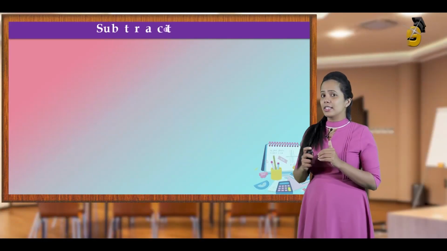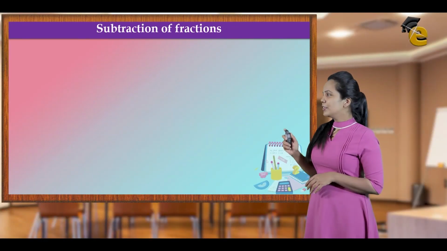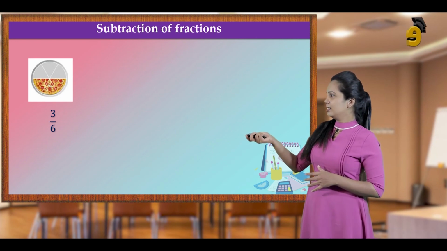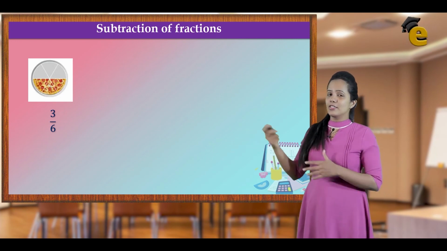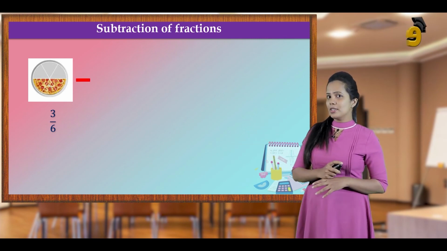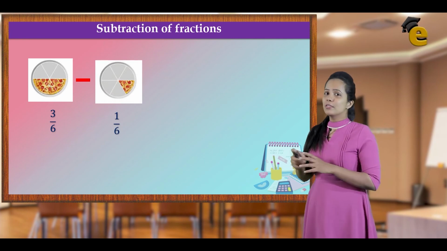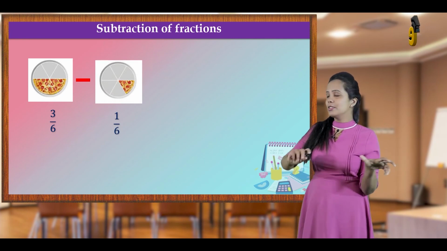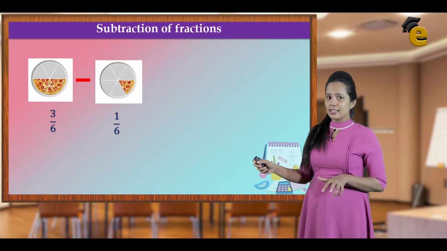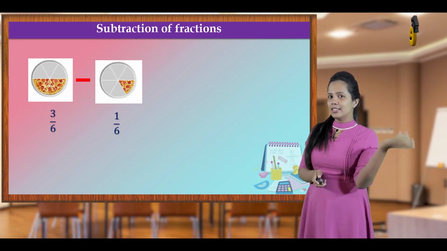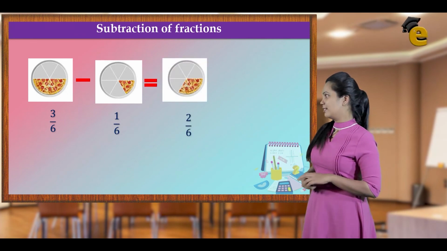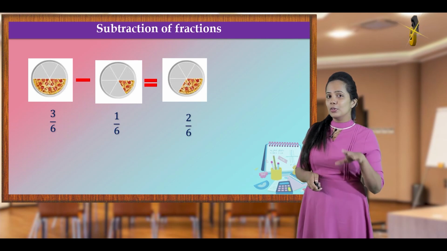Let us go through the subtraction part as well. You are given the same pizza example. Here you are given a pizza having 3 pieces remaining. So, the fraction will be 3/6. Now, you have to subtract 1 piece from this one. You have 3 pieces, you have to remove 1 piece. That means 1/6. Then what will be the answer? You had 3 and you remove 1, then you will have 2 pieces remaining. As a fraction, it will be 2/6.